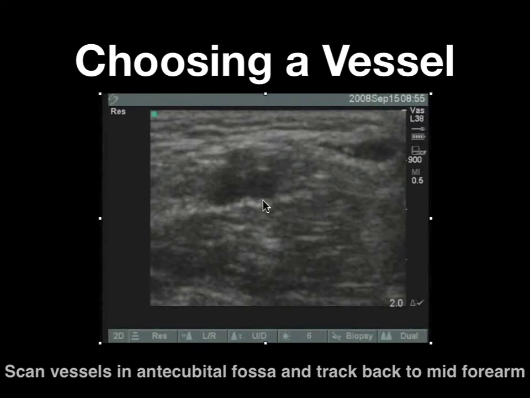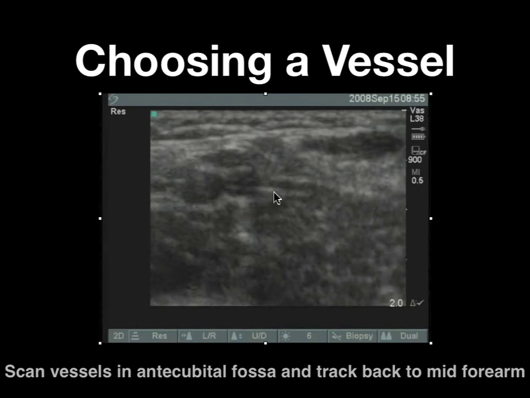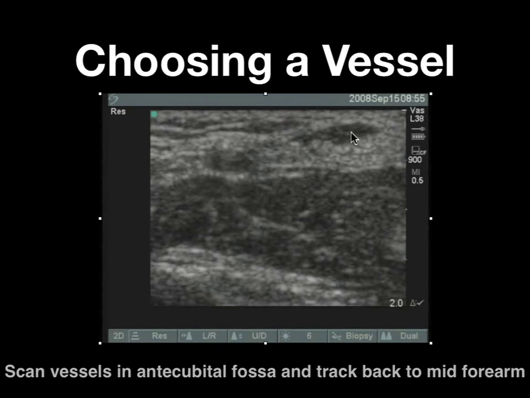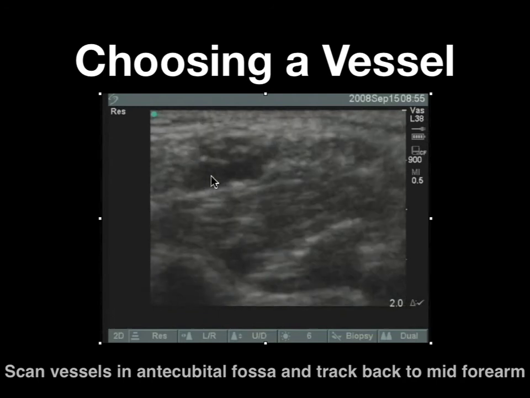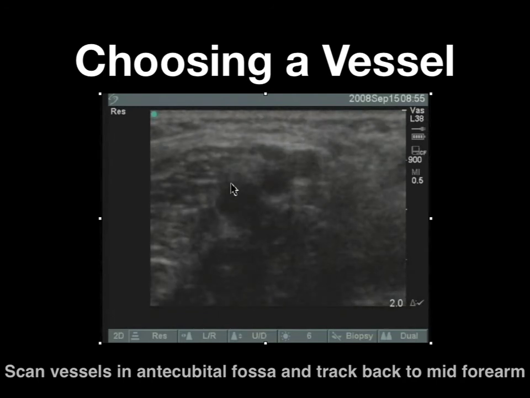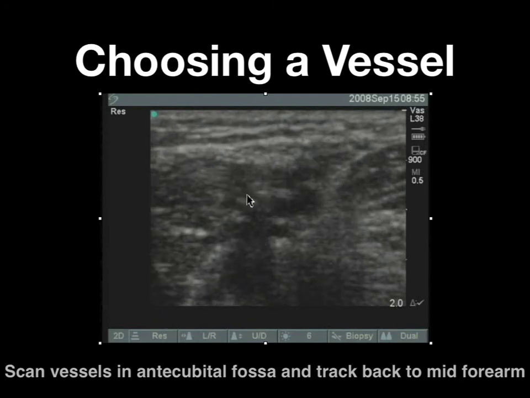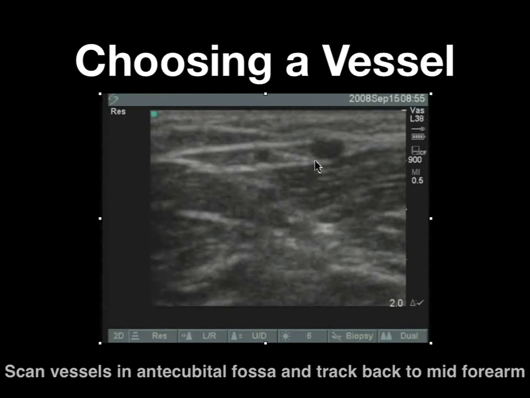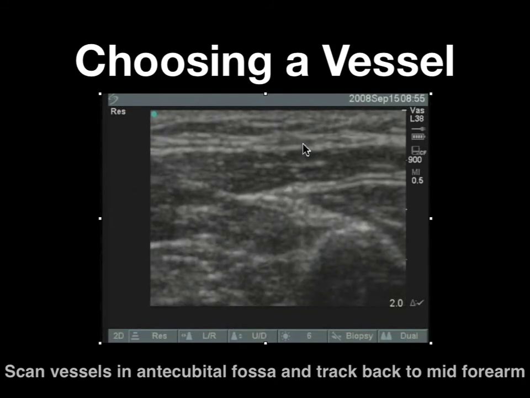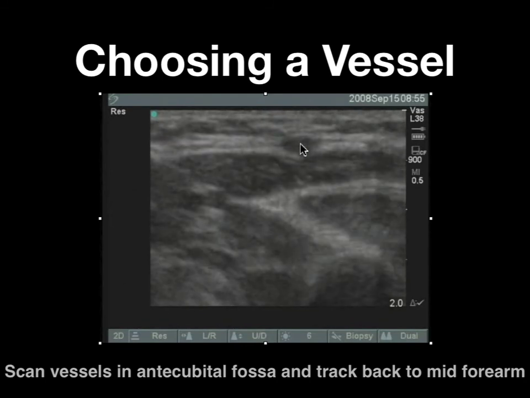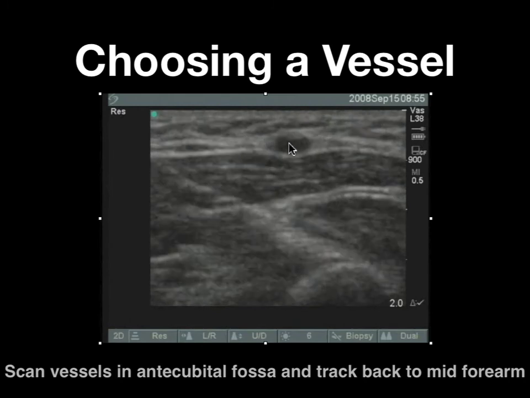So here we are in the antecubital fossa, and you've got the basilic over here, you've got the deep brachial veins here. What I'm going to do is follow the vessels into the mid forearm, and you can see right here, here's a nice vein, relatively superficial, has a nice straight linear course,